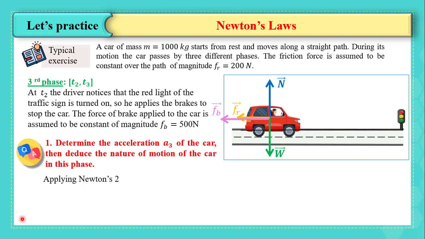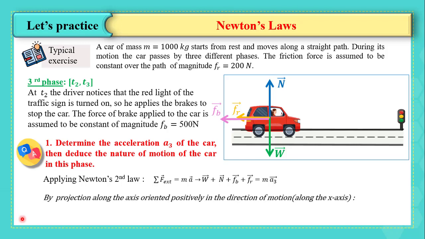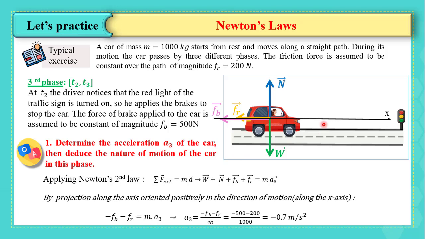We need here to apply Newton's second law, which tells us that the sum of the external forces acting on the car is equal to m a vector. Then W vector plus N vector plus Fb vector plus Fr vector is equal to m a3 vector. Also, we need to project along the same axis we have mentioned before, which is the x-axis. Then we obtain